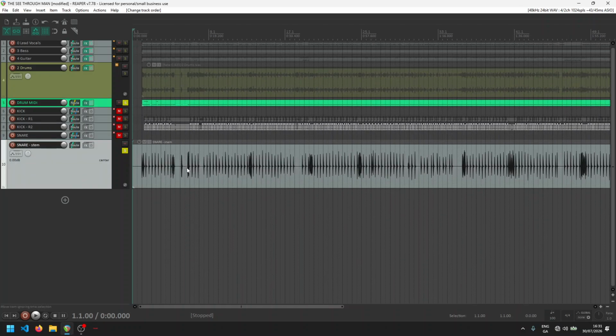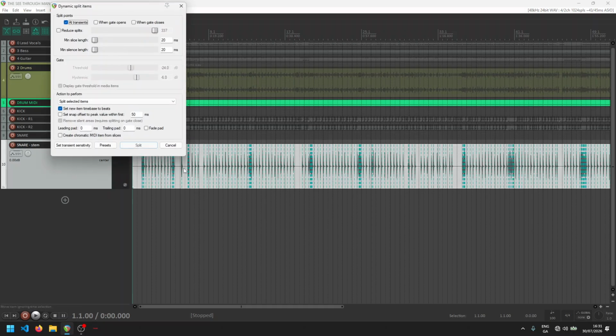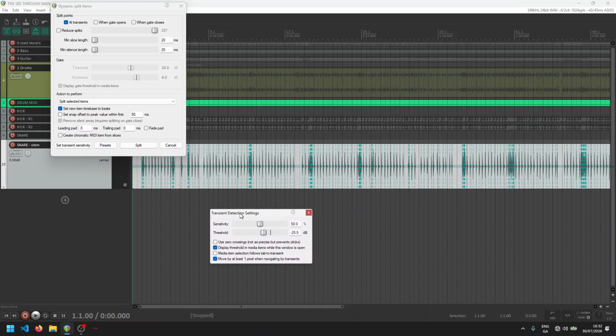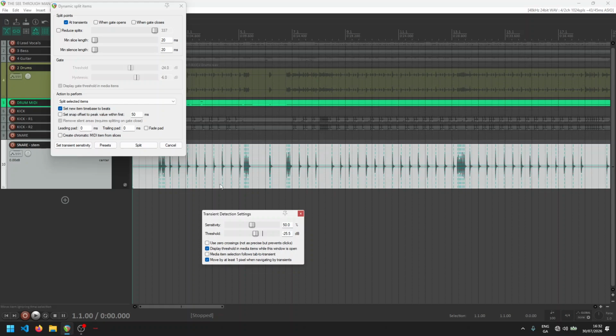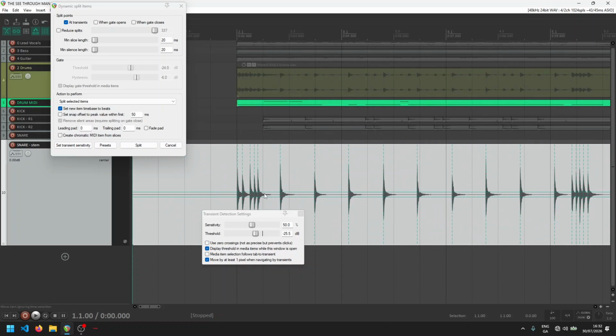Now, select it, hit D on your keyboard, make sure this is selected. These are at 0 or at their lowest point. Grab the sensitivity dialog. Let's have a nice big media item so we can see where